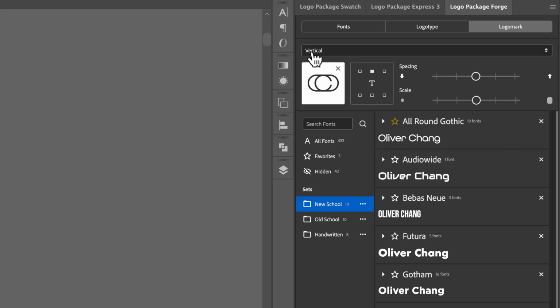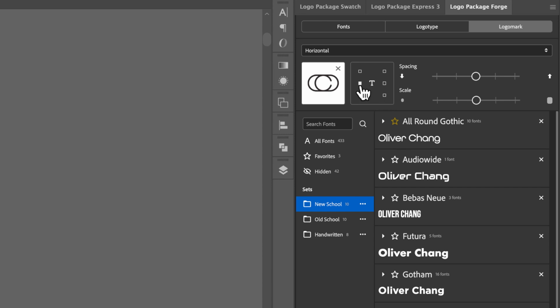When we have a vertical alignment from this top drop down in the logo mark settings, that is going to stack the logo type and logo mark vertically. But we can choose these different points on this reference point graphic. And these would set the mark to the right side of the type, the left side of the type, above and below. And if we change to a horizontal, then we can do the same thing,